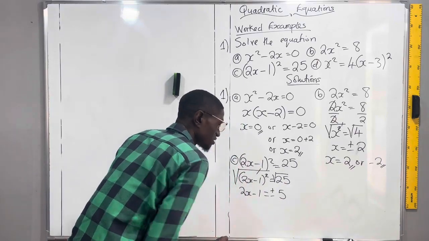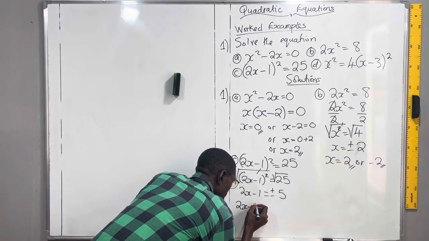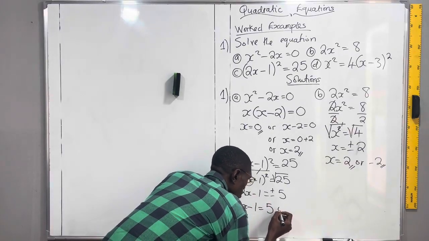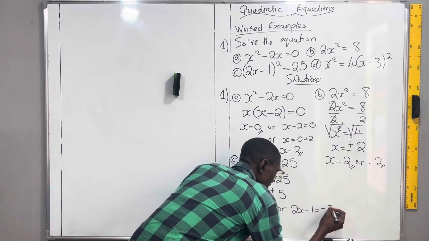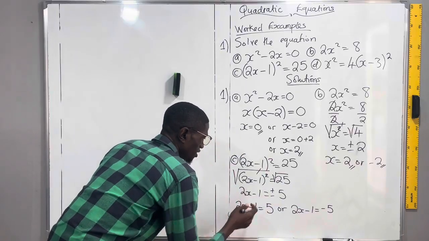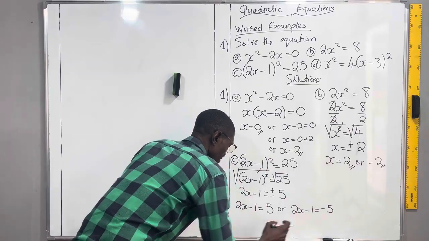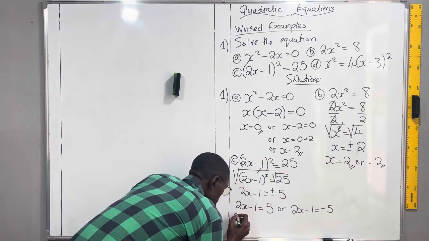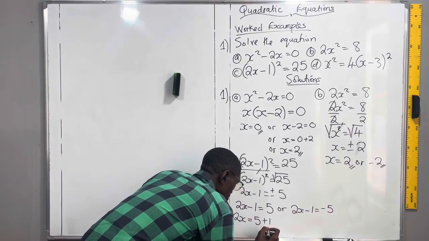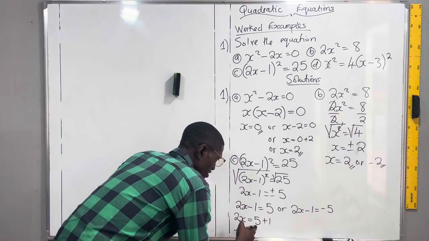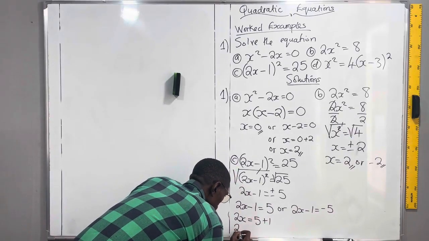And then at this point, since we're looking for two answers, we're going to say 2x minus 1 is equal to positive 5, or 2x minus 1 is equal to negative 5. We have distributed these two values evenly. The positive is here, the negative is there. And then we solve for x. So we're going to say 2x is equal to 5 plus 1. This negative 1 has followed the 5. The sign has changed, it has become positive. So meaning we're going to say 2x